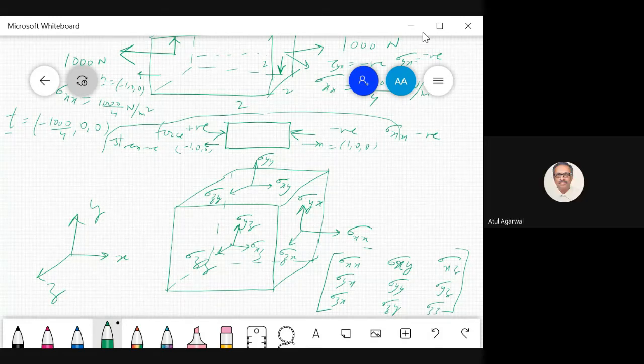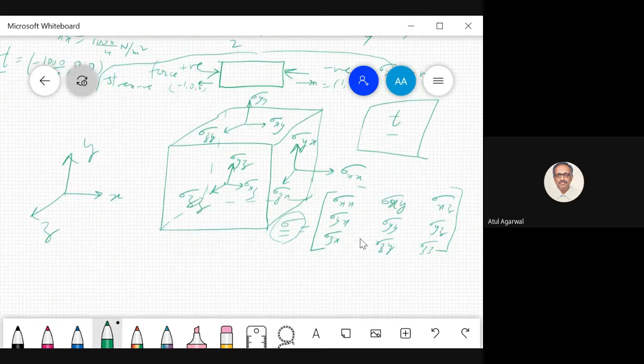So this is the way you define your stress tensor. Since it is a tensor of second order, I put a double bar below it. If it is a vector, I put a single bar below it. This is the standard nomenclature. Tensor of order 1, 1 bar. Tensor of order 2, 2 bars. These are the components of this stress tensor. How many components can you see? Can you count them? 9 components. A stress tensor has 9 components.